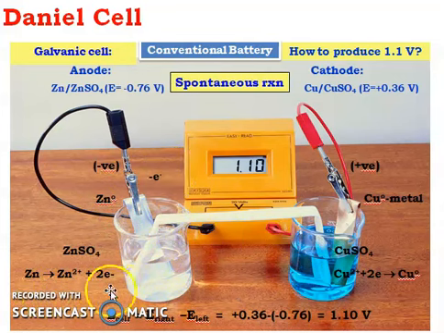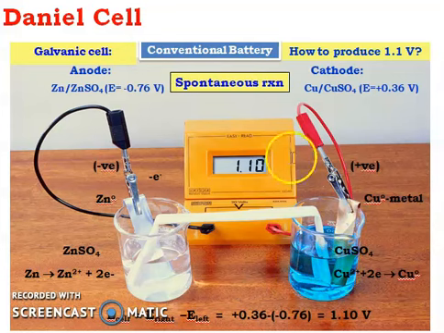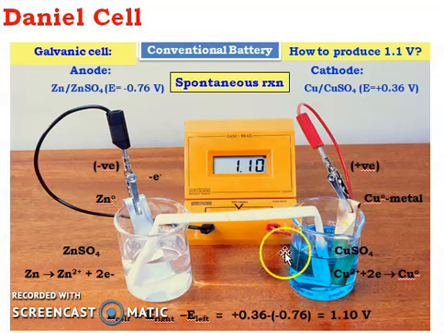So again, let me tell you, as we have seen before, it is an anodic compartment where oxidation is taking place, whereas it is a cathodic compartment where reduction is taking place. This is a setup of electrochemical cell. Even if you take electrolytic cell, once you reverse this, it is going to become electrolytic, where in electrolytic cell also anode is a compartment where oxidation used to take place, cathode is a compartment, cathodic compartment, where reduction used to take place. And active electrodes are electrodes which involve in the electrochemical reaction. Passive electrodes are electrodes which mediate the current flow and do not involve in any electrochemical reactions.